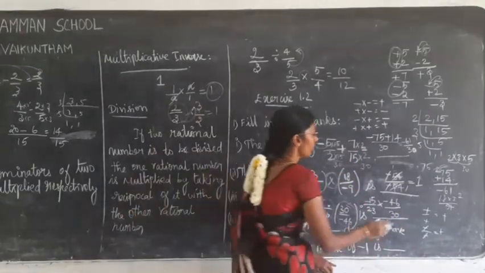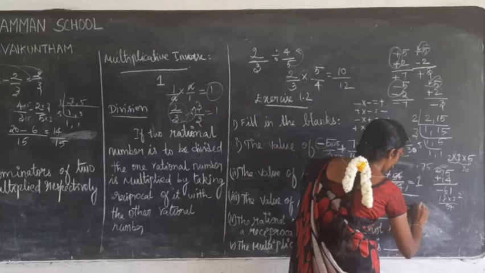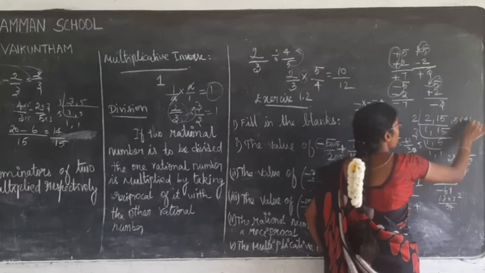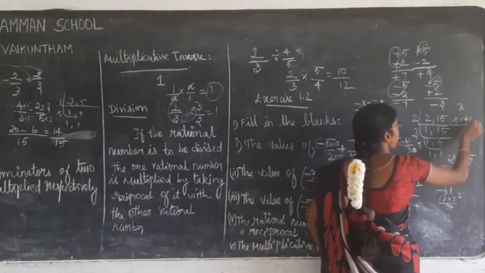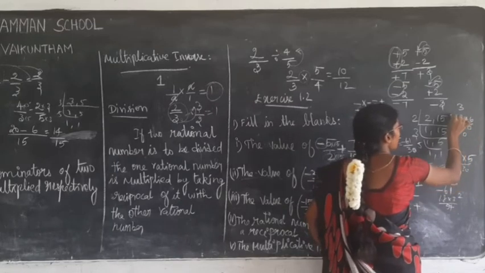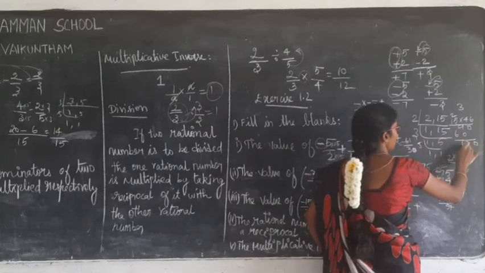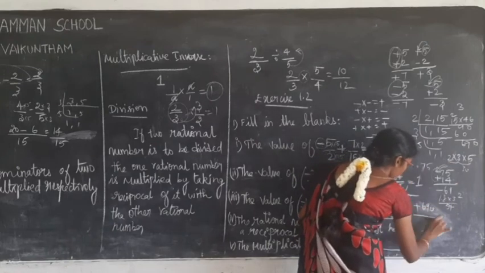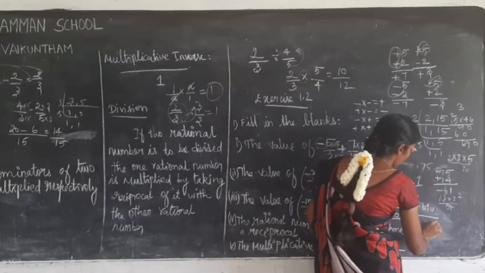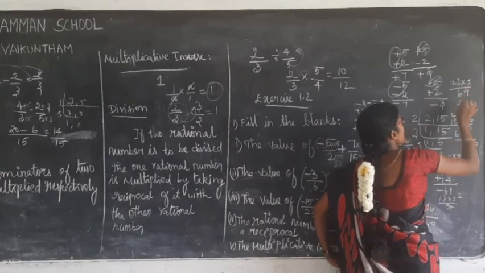Clear? So here you can multiply directly. How will you multiply? Minus into minus is equal to plus. So 15 into 46. 6 5s are 30, 3. 6 1s are 6, 6 plus 3, 9. 5 4s are 20, 2. 4 1s are 4, 4 plus 2, 6. 690 divided by 30 into 23. So you can cancel the 0 here. 23 into 3. 3 3s are 9. 3 2s are 6. 69.